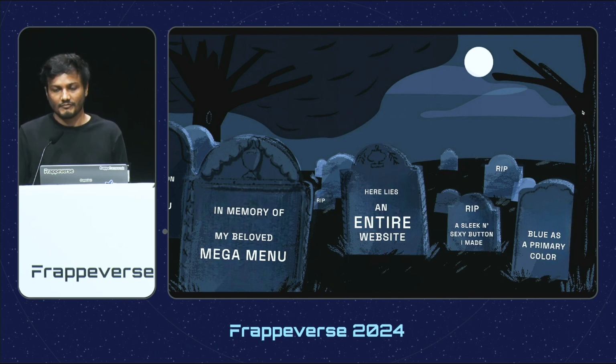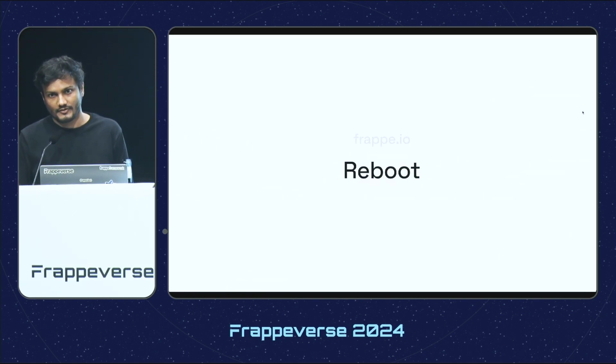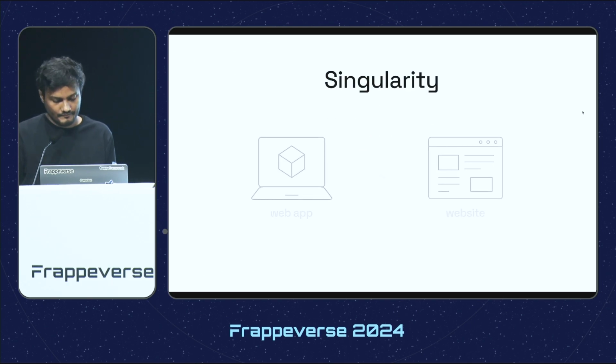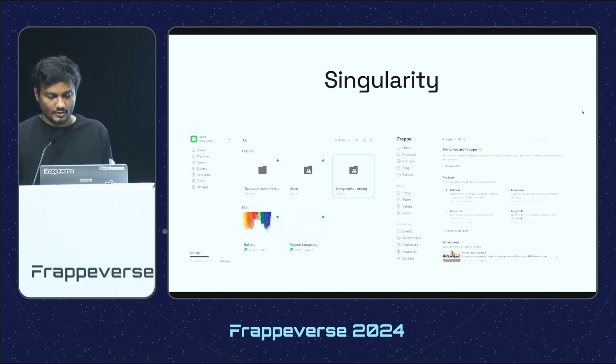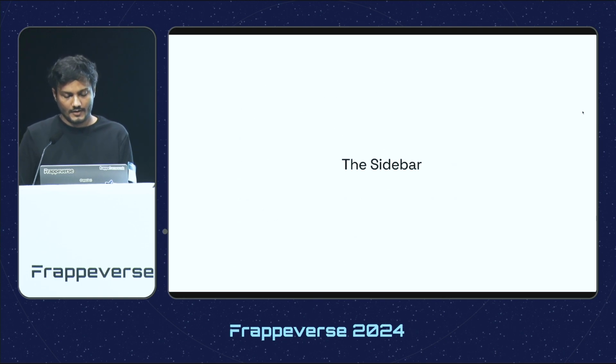So anyway, speaking of Frappe.io, the slate was wiped clean and I began the redesign process from scratch. The core idea was to implement some sense of singularity, that is unity, in our design, between our apps and our website. We did not want a stark contrast between them. They should look like they are from the same family. So elements like the sidebar and the typography were borrowed from Espresso and extended to the website. So let's deep dive into these components, starting with the sidebar.